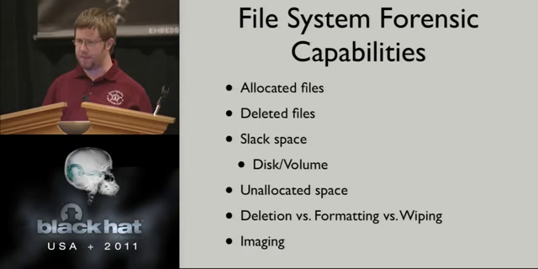Each sector on a hard drive is 512 bytes, half a kilobyte. The file system further groups those sectors, so 4 to 8 to 16 sectors per cluster. And each of those clusters is essentially the indivisible unit in which the file system, or the Windows operating system's implementation of the file system, hands out space for files. So if you have a cluster size of 2048 bytes, 2 kilobytes, and you have a file that is 2049 bytes, 2 kilobytes plus 1 byte, you wind up getting allocated 2 clusters for that file.